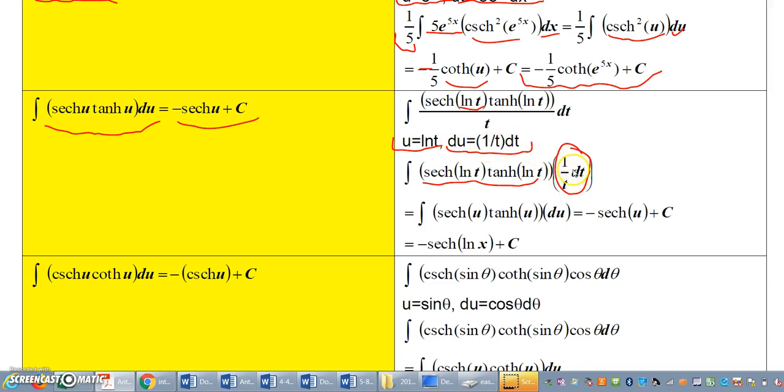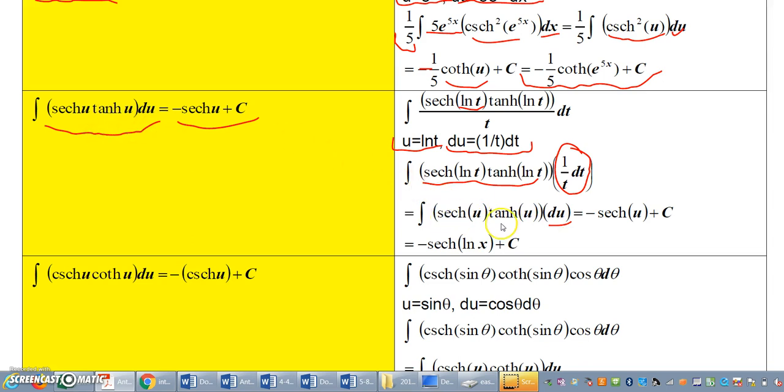So the 1 over t dt is just the du, and this hyperbolic secant natural log of t times hyperbolic tangent natural log of t is actually just hyperbolic secant of u times hyperbolic tangent u. So now I've got it into the proper form where I can use this formula over here,